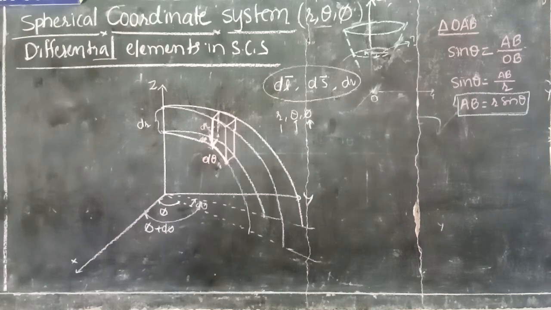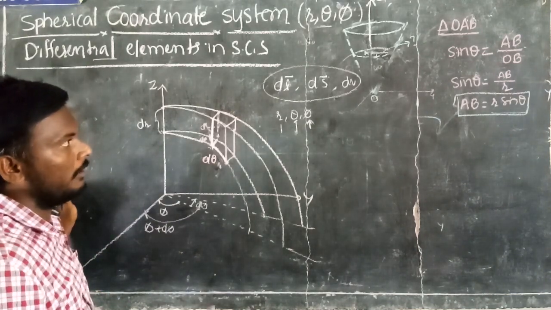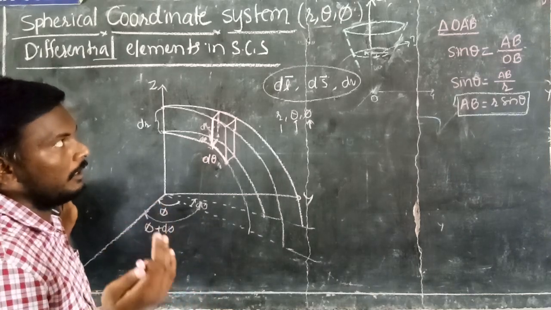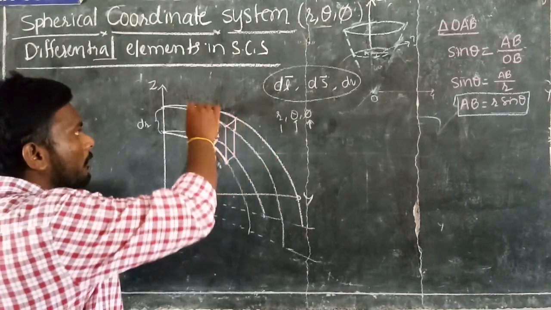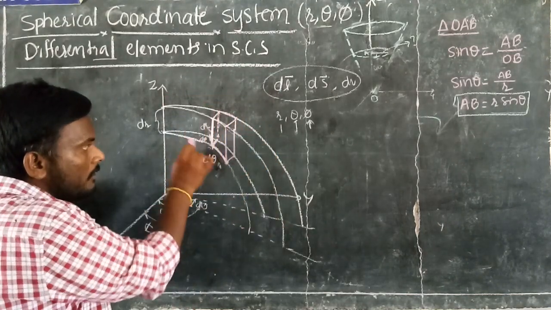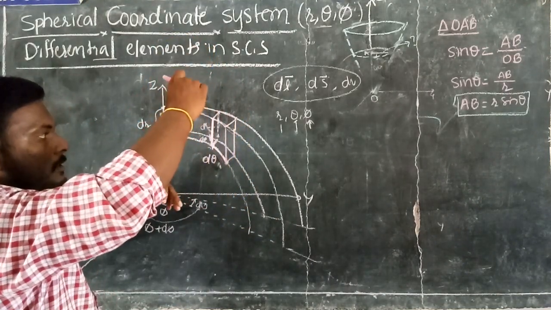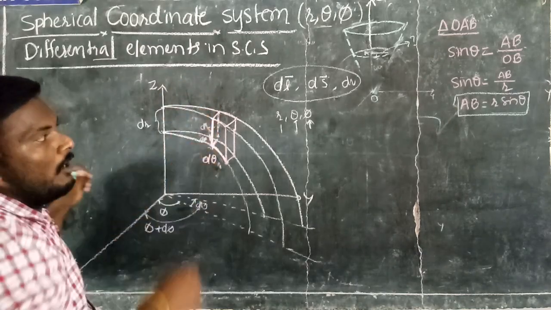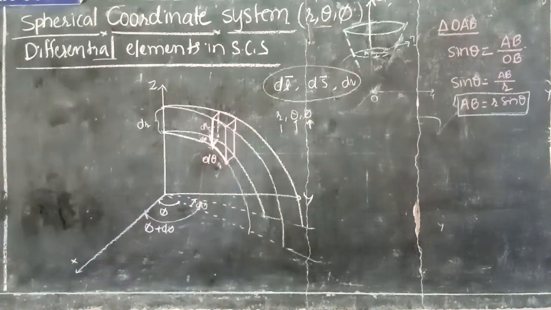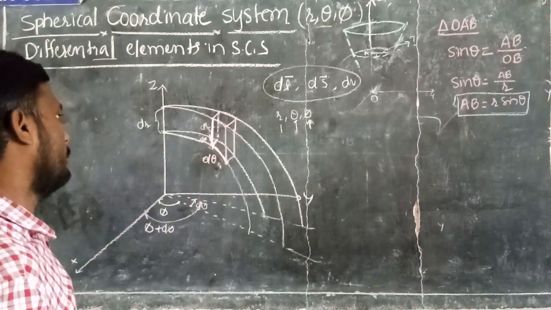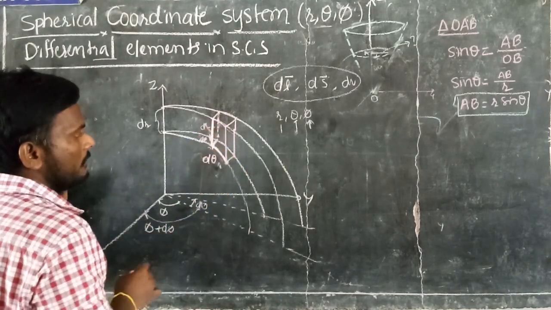This is a small differential value element. Okay, so how will you get this? By increasing r to dr, theta to d theta, and phi to d phi, a new coordinate system is going to be developed here. This is a new coordinate system axis, and it is the old coordinate system axis. If you combine these two surfaces by placing a small gap in between them, you will get a small differential value element. Okay. So this differential value element has how many surfaces here? 6 surfaces.